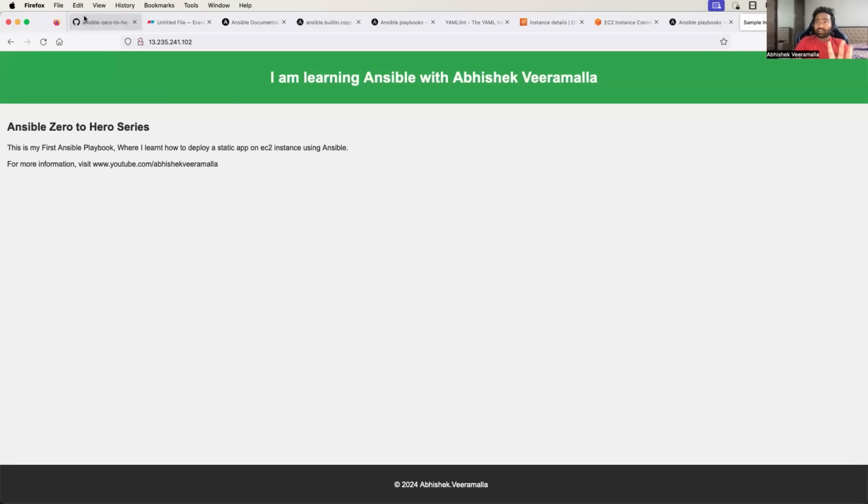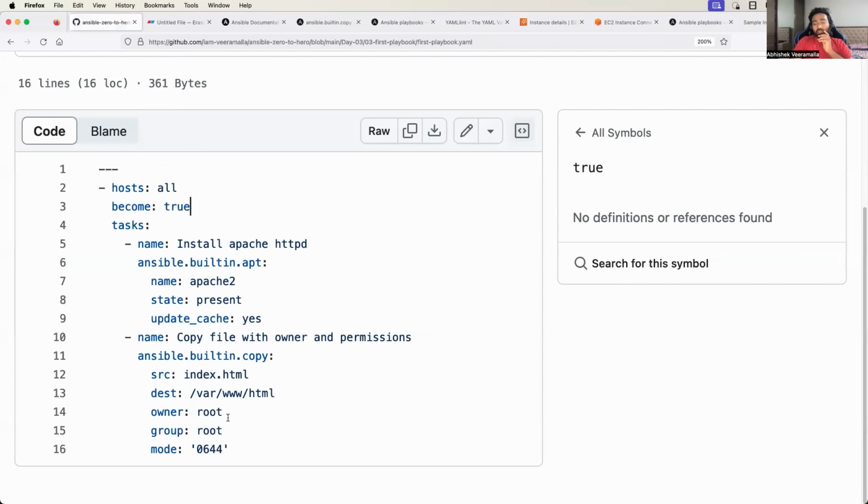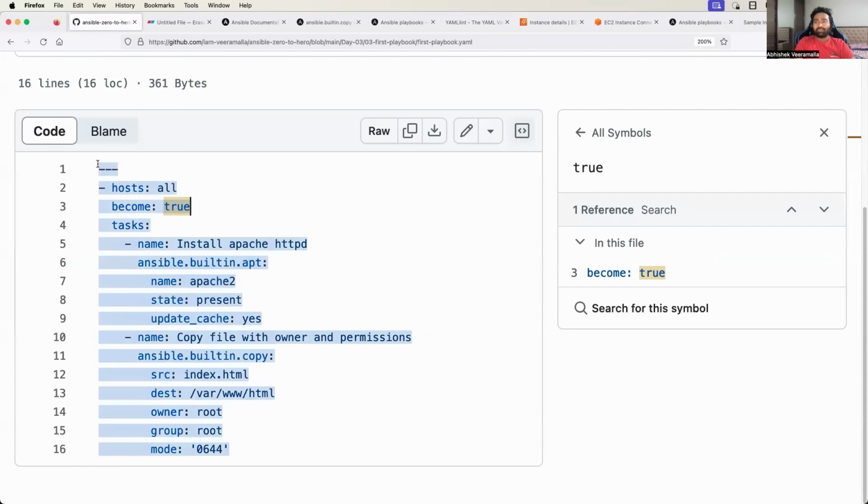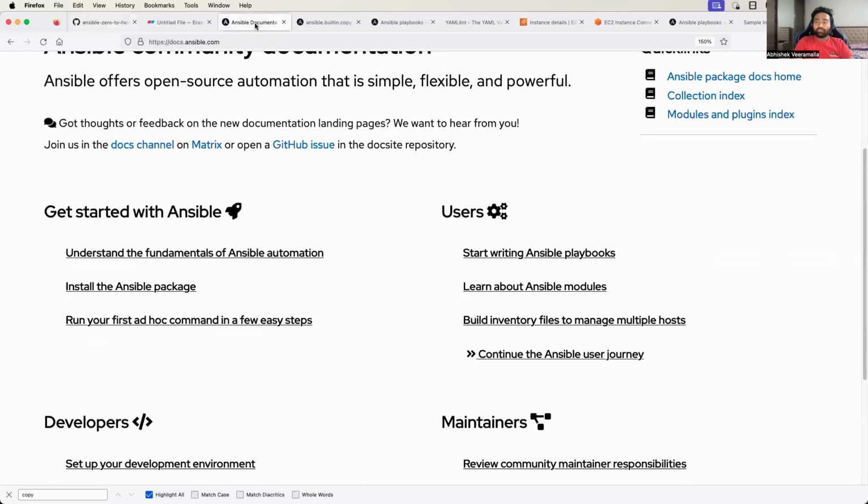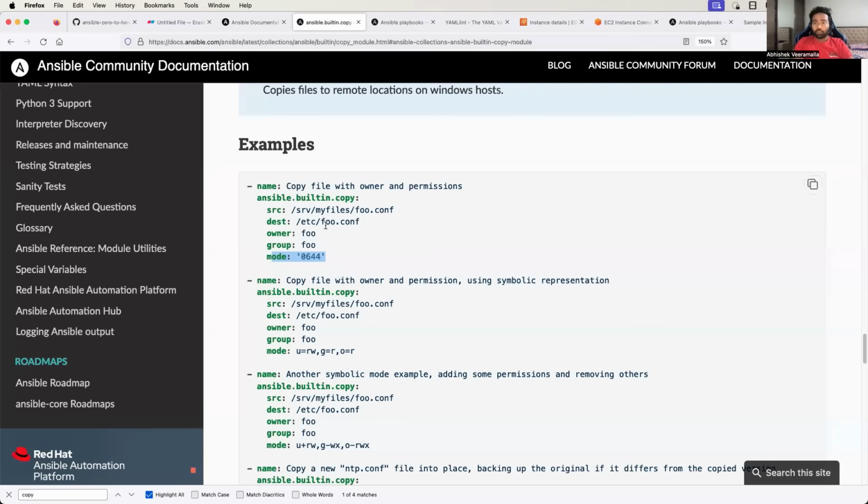At first sight, because you are doing it for the first time, you might find it very complicated. You might be thinking, Abhishek, what are these tasks? How do I learn these modules? But as we keep going, we have 14 days. We will cover different modules. And whenever I'm writing a module, I will refer to the documentation and I will show you how I am picking the examples from the documentation. And you will understand how to write